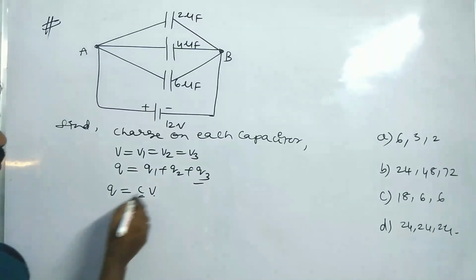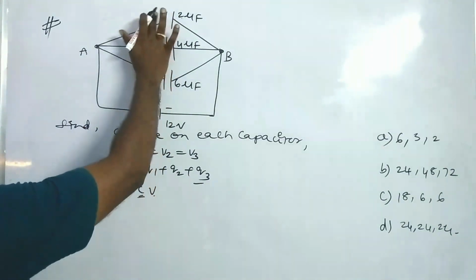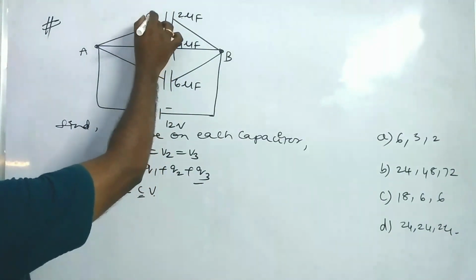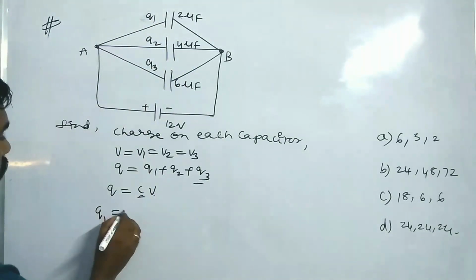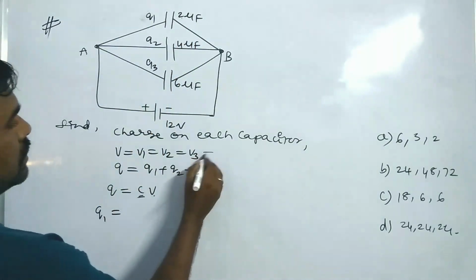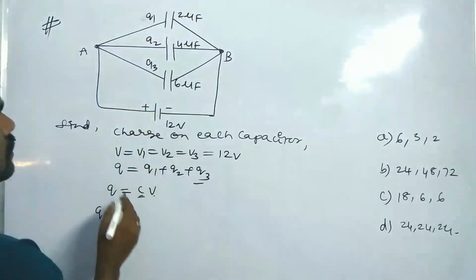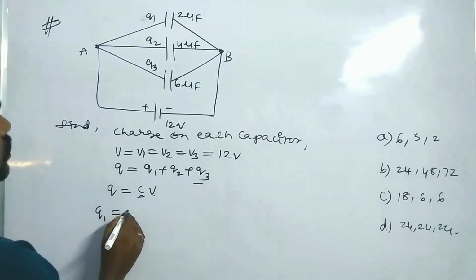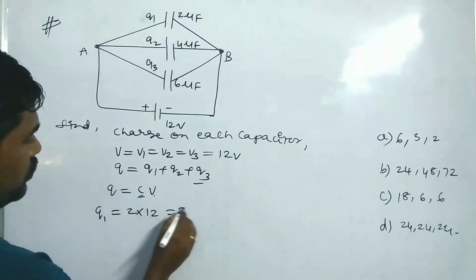potential, capacitance into potential. Suppose the first capacitor has Q1 charge, the second has Q2 charge, the third has Q3 charge. So Q1 is equal to capacitance into potential. How much charge is it? The potential is 12 volts, already given. How much capacitance here? C is 2 microfarad into V, 12 volts. It is 24